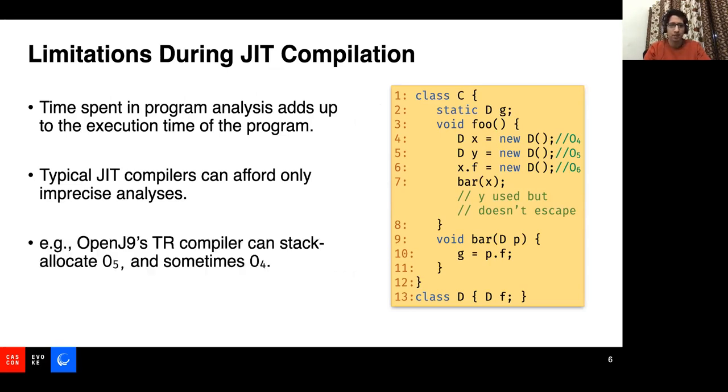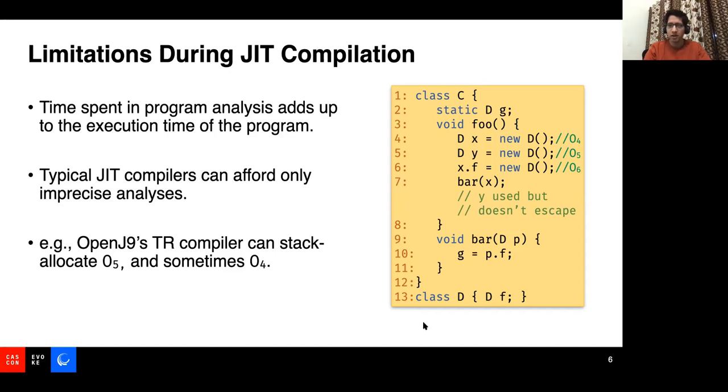If we consider this fact, then if we see what the OpenJ9's Testarossa compiler does, the TR compiler can easily stack allocate O5 based on the current intra-procedural analysis which it performs, and sometimes it may be able to allocate O4, but not always.